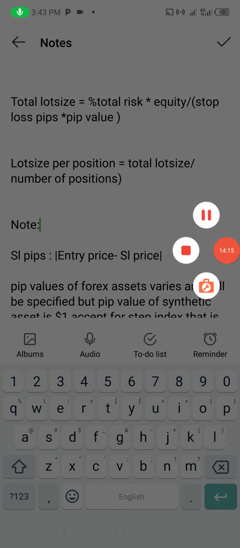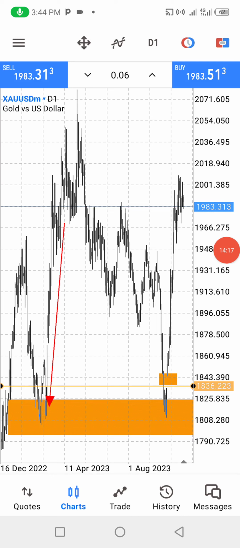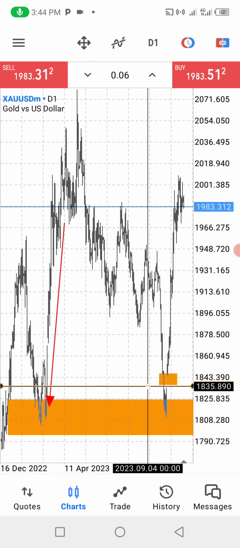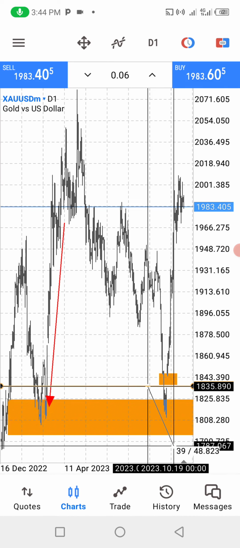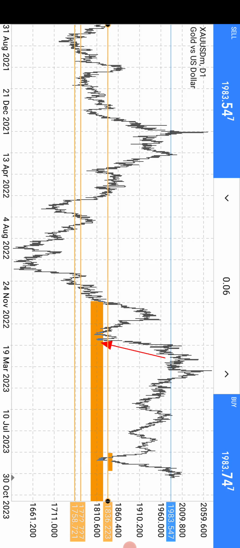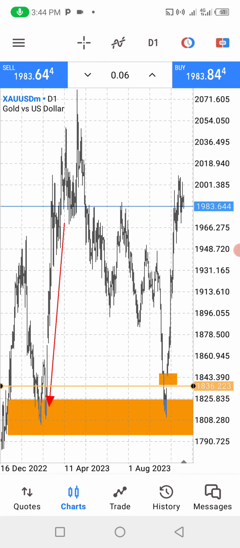So let's go back to the chart, and now you want to enter this market here, but you're afraid: what if I enter here and it starts going down to create lower lows? As a result, we give it enough room to breathe. We allow our stop loss to be big so that this market can do whatever it wants to do before going to our direction, because we know it will. So this is around 84 pip, and I'm going to take you to the calculator for the first position.